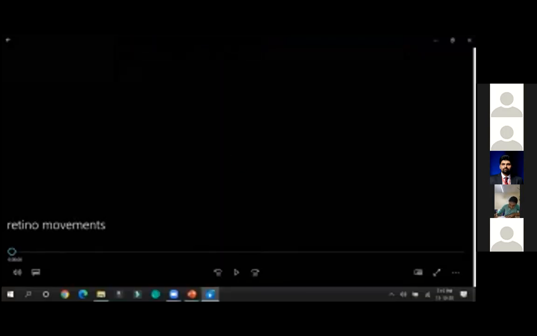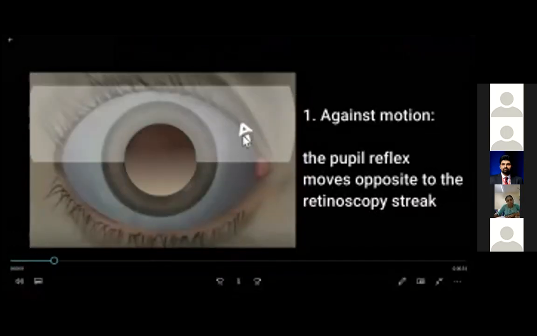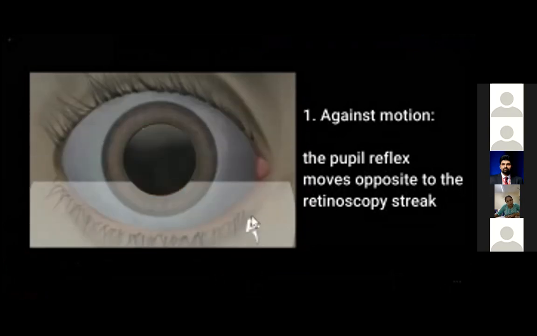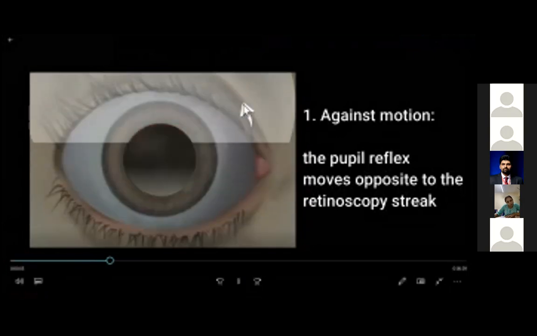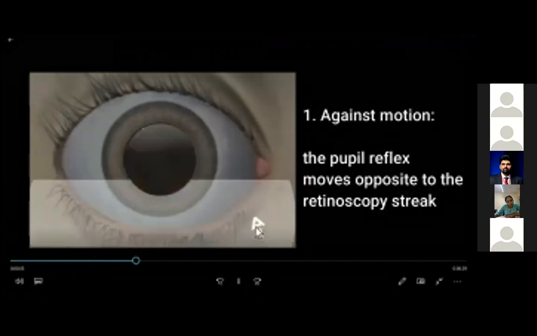Okay, so here we can see the retinoscope is being moved in one direction and the pupil reflex is moving in the opposite direction. So this is called an against motion. Okay, in this second example, you can